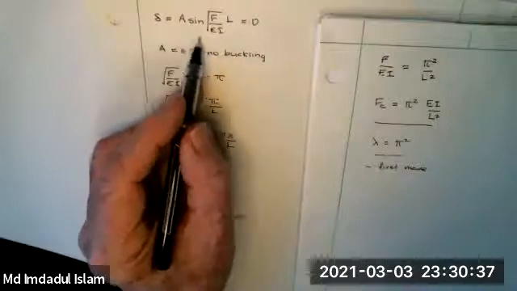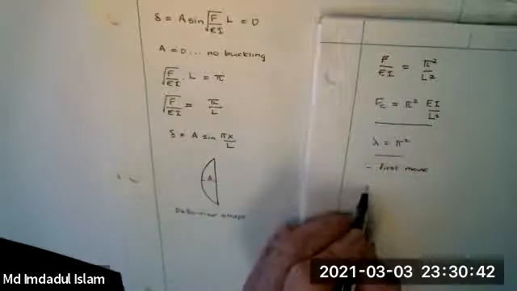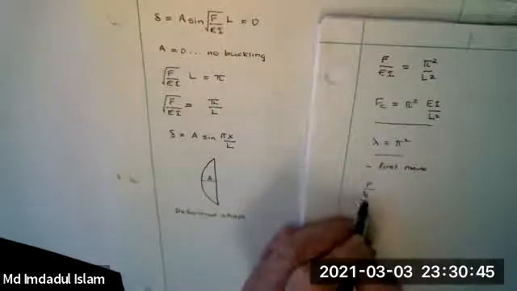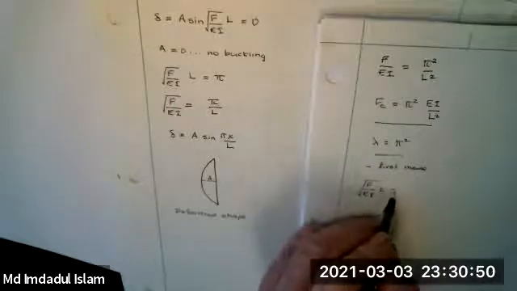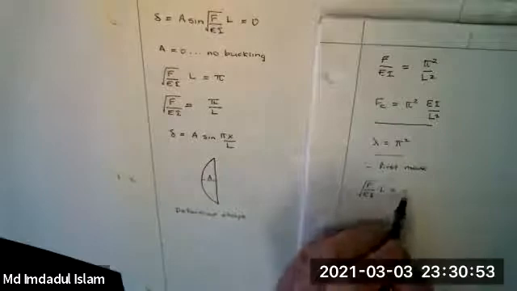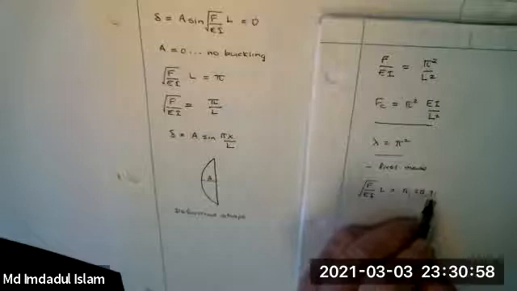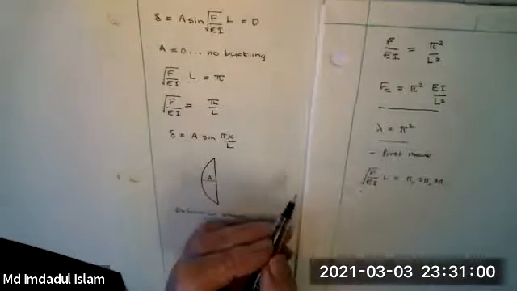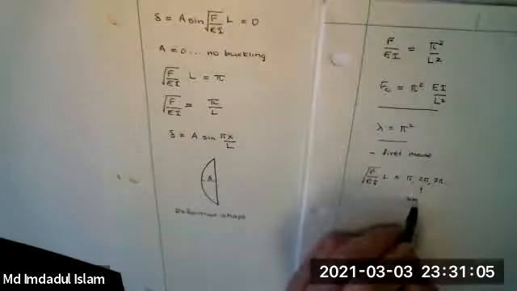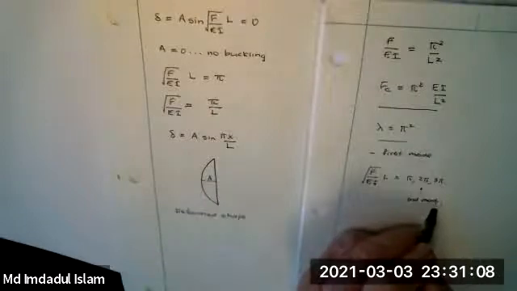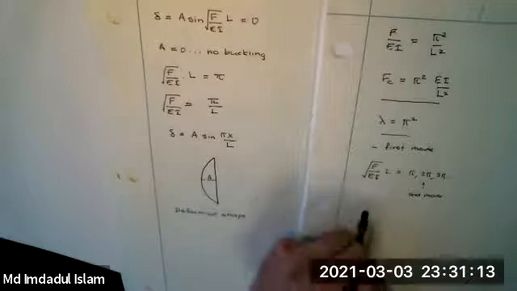Now, if I go back to this equation, there are other ways I could satisfy this. I could have, well, we just did the case when this is equal to pi, but there are lots of roots for sine. There's 2 pi, 3 pi, and so on. These are higher order modes. This one's called the second mode, and so on. So what I'd get for this one is I'd have that